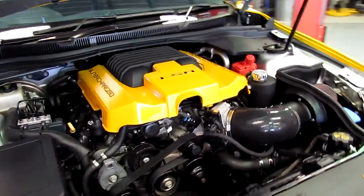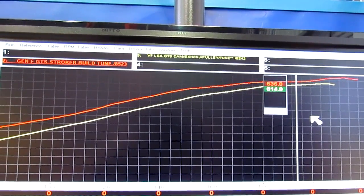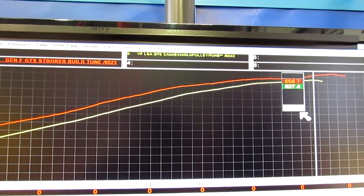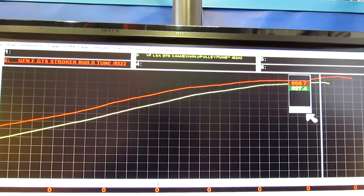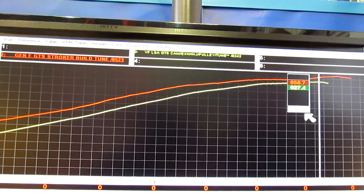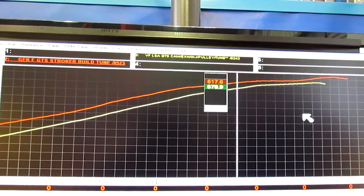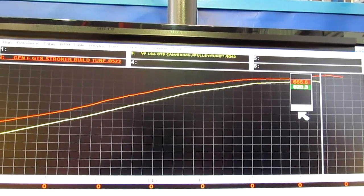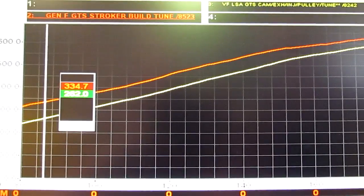Over here at the graph, this is a comparison on a couple of different cars, on a good one that was running good horsepower. So we saw the 630 with this particular LSA. This particular car itself was only running the 610 or 615, so I've gone to a bigger graph to get a fair comparison, and that's what it was. You can see now, well, on that run we just saw there, this one actually ran the 670 horsepower at the tyres. You can see where down the bottom the compressor is working a bit better,